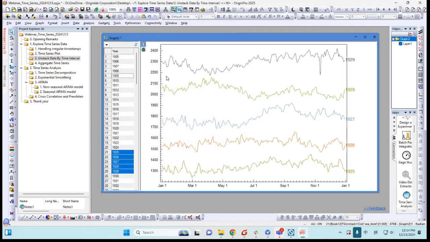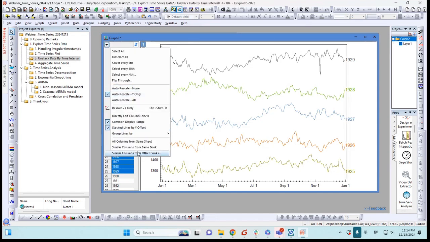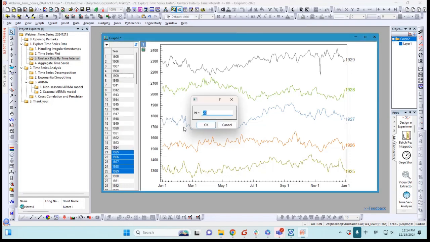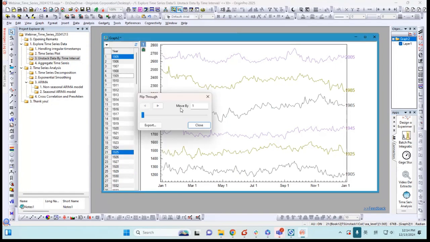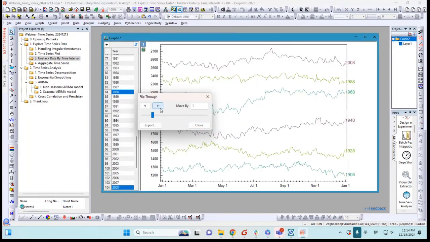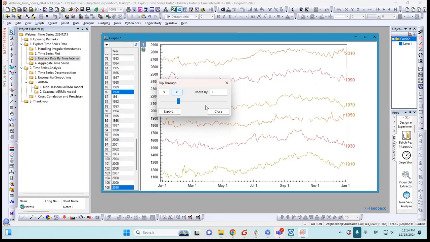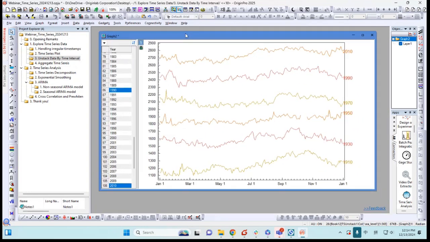5 years. Some other option is like you can, for example, select every, let's say, 20 years. Okay, and can also do a flip through. Okay, yeah. So this is an option in Origin that you basically split the long time series into short segments, then compare them. So here I just compare the data of each year from January all the way to